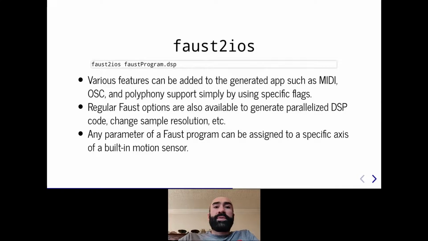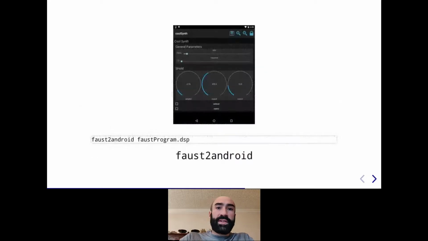Regular Faust options are also available to generate parallelized DSP code and change sample resolution, and any parameter of a Faust program can be assigned to a specific axis of a built-in motion sensor like the accelerometer or the gyroscope of the smartphone simply by using metadata, which is pretty cool. Complex nonlinear mappings can be implemented using this mechanism, so we really worked hard on that kind of stuff.